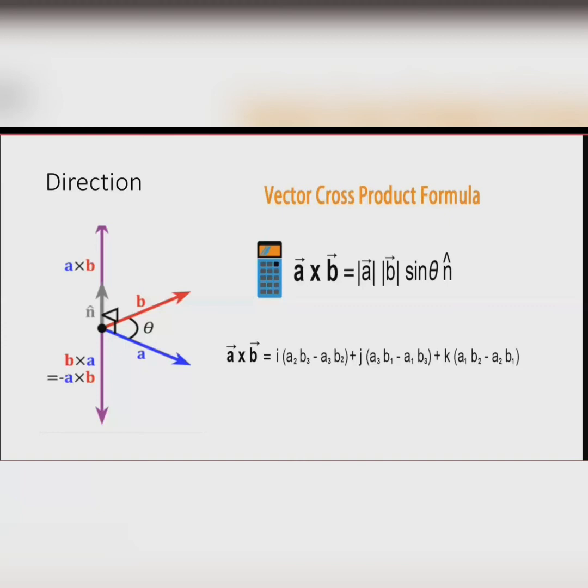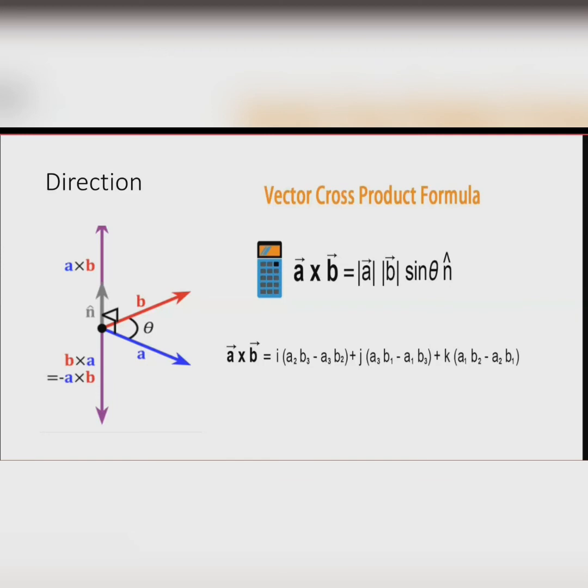Outside the screen. Okay. Consider them in the plane of your copy. Consider the vectors to be in the plane of your copy. Now tell me the direction. Upwards. Right, in that case it becomes upwards. Much easier that way.